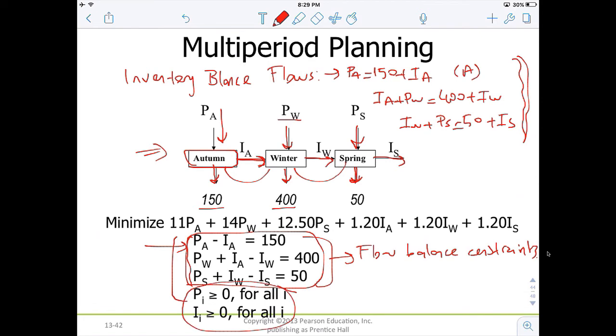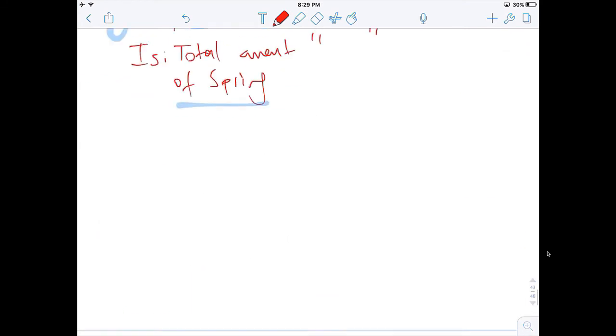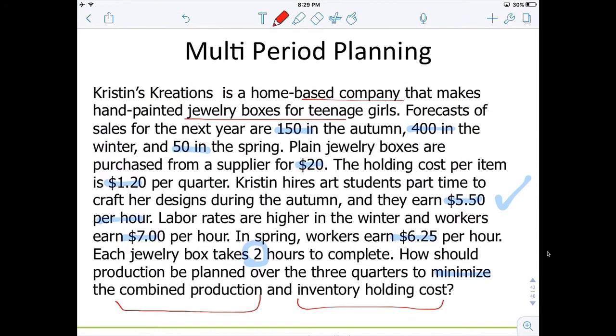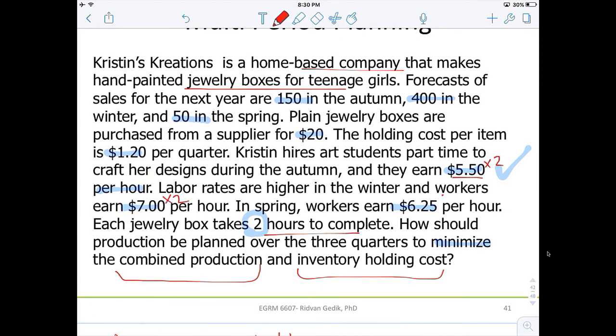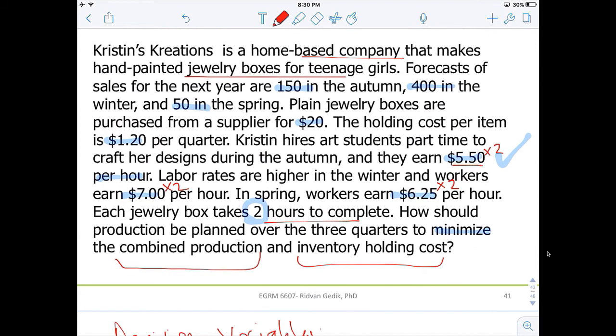So let's go back to the question, and then let's go back to see whether we formulated this objective function values correctly. So in the first quarter, the students require $5.5, right, per hour, I guess? Yes. And then each box requires 2 hours of completion time. So you just need to multiply this by 2 to get the per box how much labor that they require, and then you have to do this for all these cost values in order to get the correct cost value for each quarter, right? And then if you'd like to keep something in inventory, it doesn't matter which quarter you are in, you have to pay